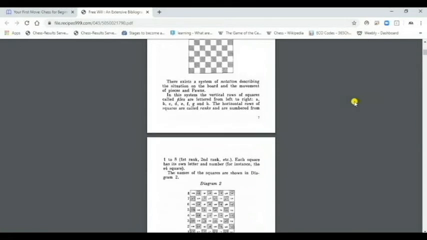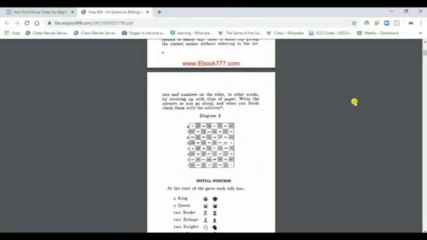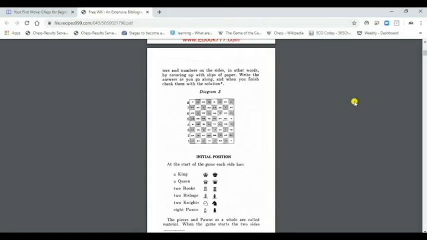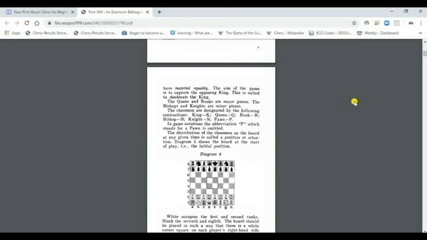So you can go through this book. You can find everything. If you want to improve your chess, this is the best book, and this is the first book so many players have read. If you complete this book nearly two or three times, it's done. You will become at least a district level champion.